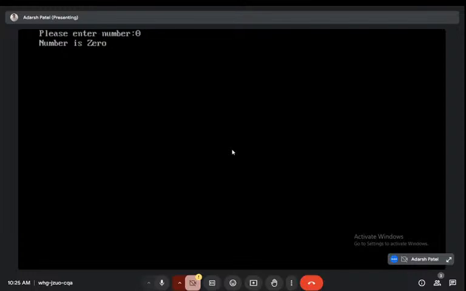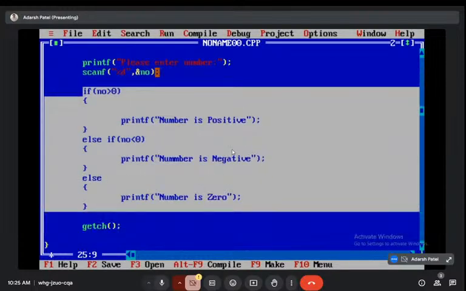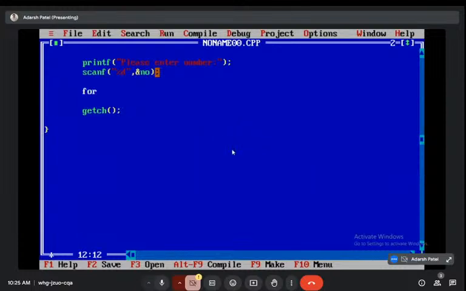So these are the if conditions. This way, you can write the if conditions in Turbo C++ using the C language. So now if is clear. Now let us go to the looping structures. For the same, we are supposed to use the loop. So let me remove this code. Control Delete. I'm using a for loop: for i equal to 1, i less than or equal to no,